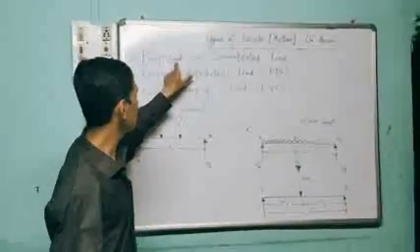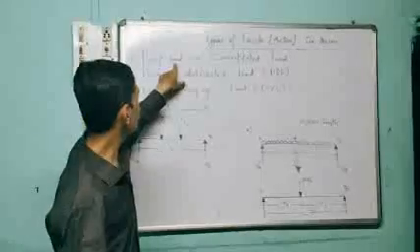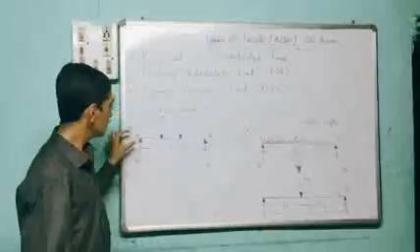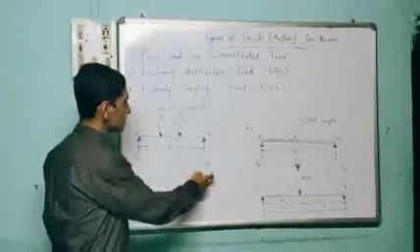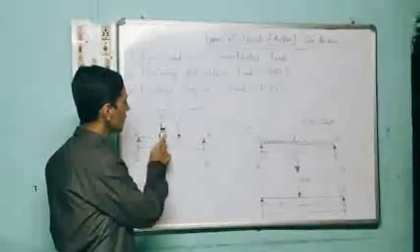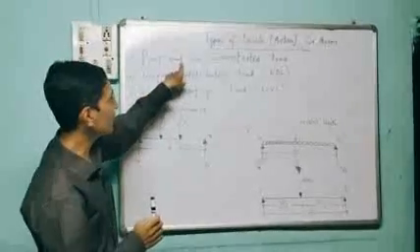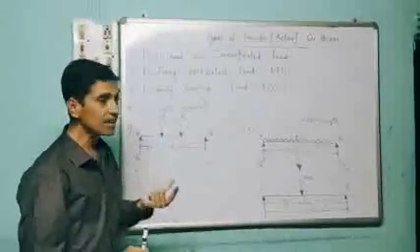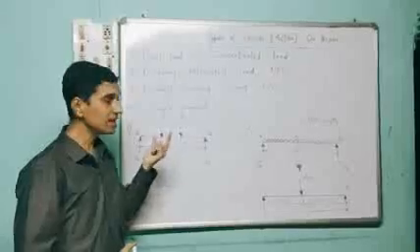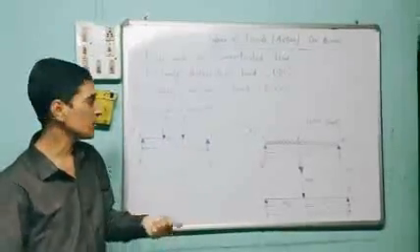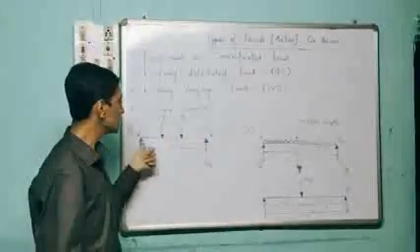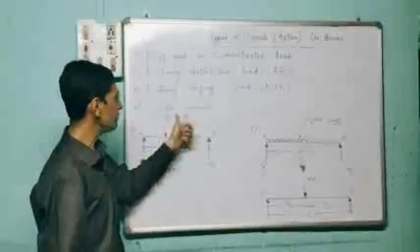Let us first have a look at the different types of point loads or concentrated loads applied. I have explained with one simple figure. Assume that there is a simply supported beam, simply supported at ends A and B, carrying 2 point loads, P1 and P2. How is a point load defined? Point load is a load which is acting at any one point on a beam. Here P1 and P2 are the 2 magnitudes of the point loads applied on this length of beam. P1 and P2 are the point loads.